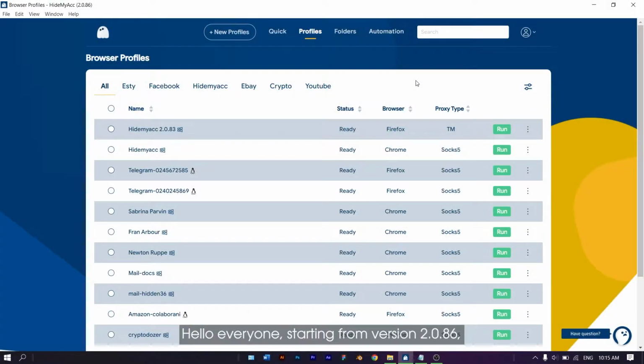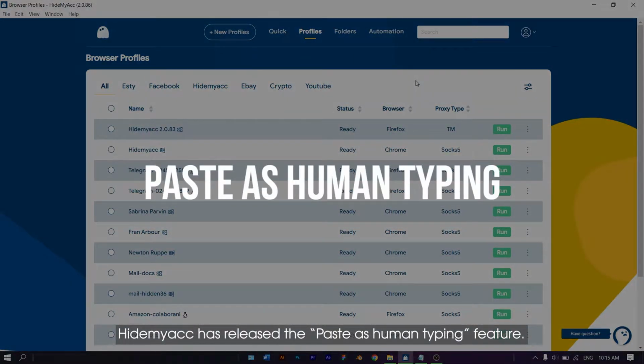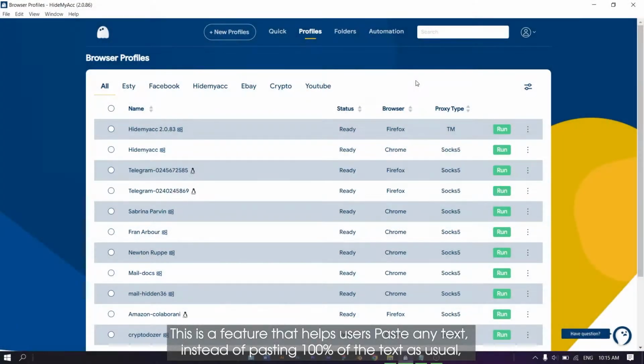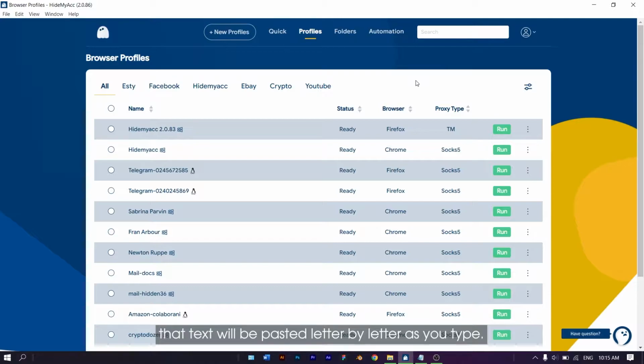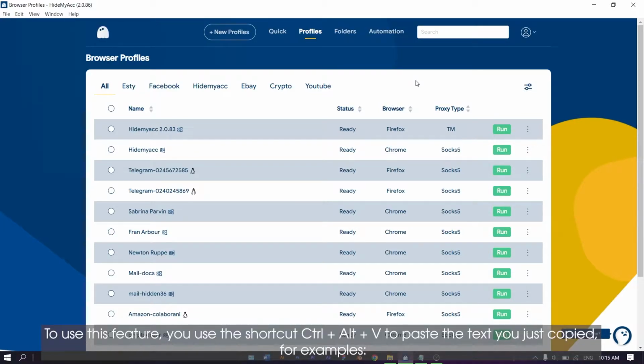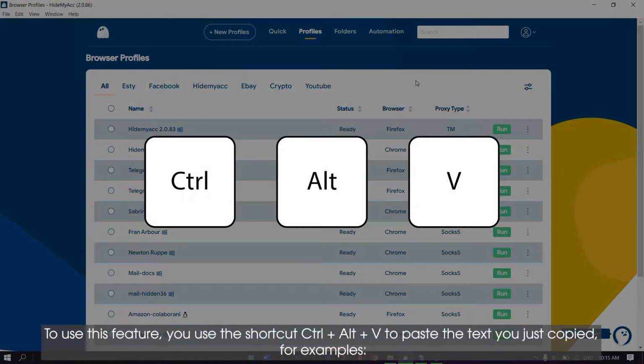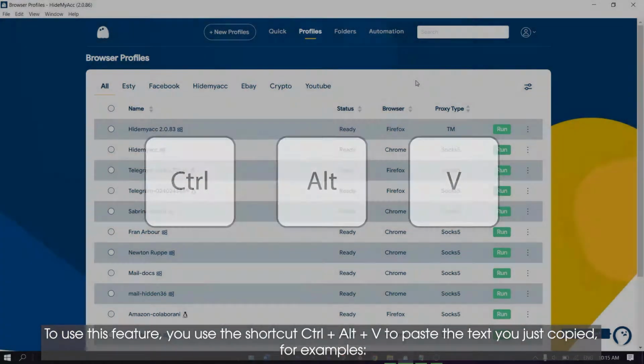Hello everyone, starting from version 2.0.86, Hidemyacc has released the Paste as Human typing feature. This is a feature that helps users paste any text. Instead of pasting 100% of the text as usual, that text will be pasted letter by letter as you type. To use this feature, you use the shortcut Ctrl-Alt-V to paste the text you just copied. For example,